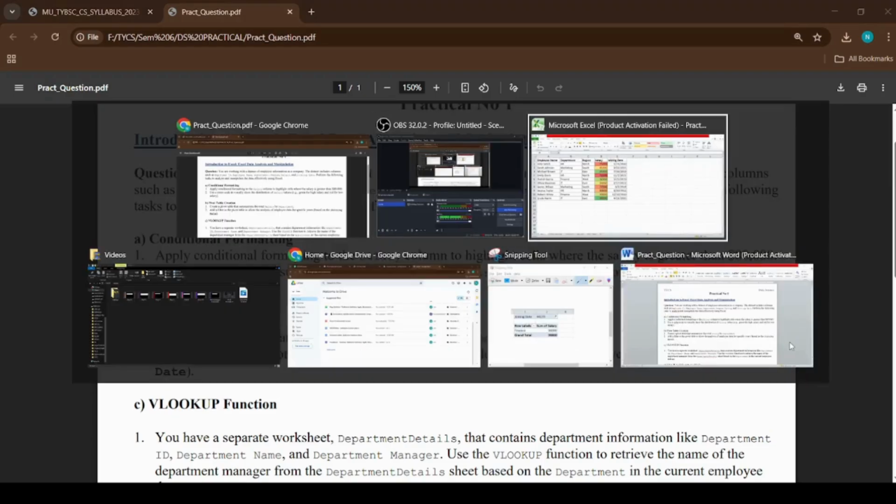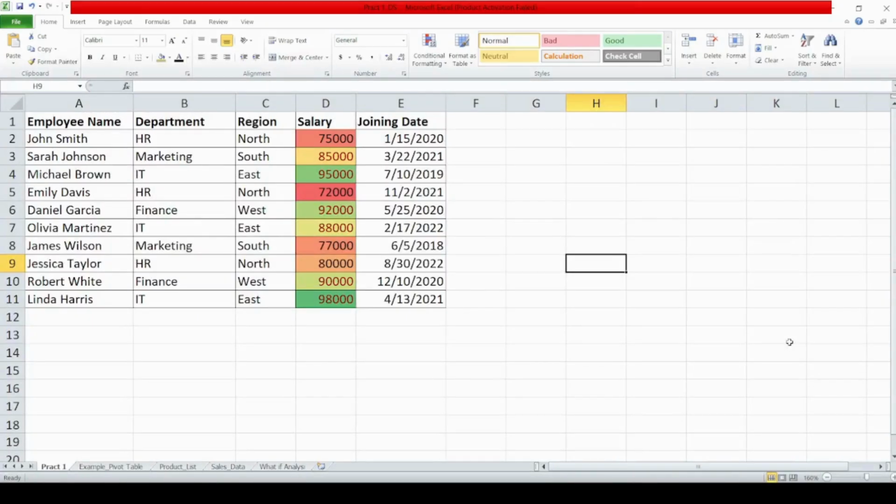department. So, before I go and explain to you what a pivot table is and how to go about it, I'll just give you a quick summary. A pivot table is basically a tool which summarizes and analyzes your large data quickly without changing your original data. So, the question was you have to analyze and summarize the data.